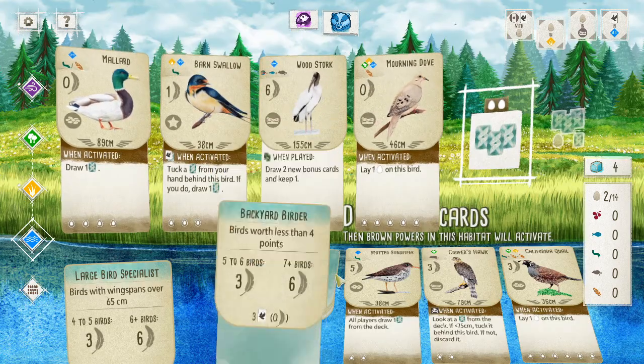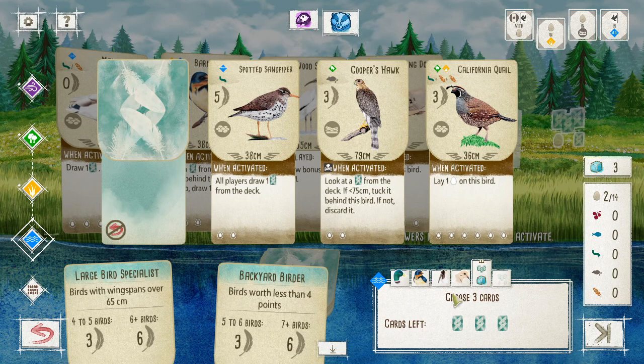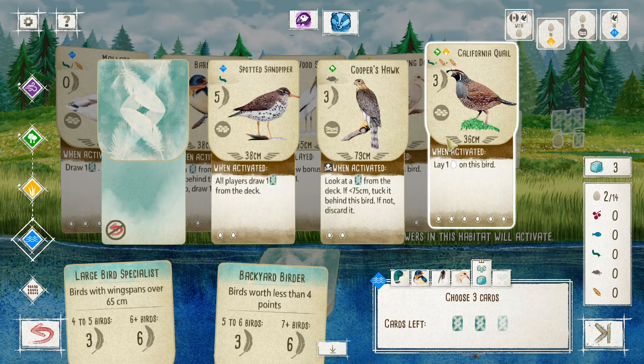Okay, well in that case, I'm gonna try and draw something here because, yeah, draw 3 cards. Let's do this. I need to get something that I can play in the grasslands, because I want to try and prioritize this. You can lay 6 birds down onto the California quail. Yeah, I have barely any food as well, but...